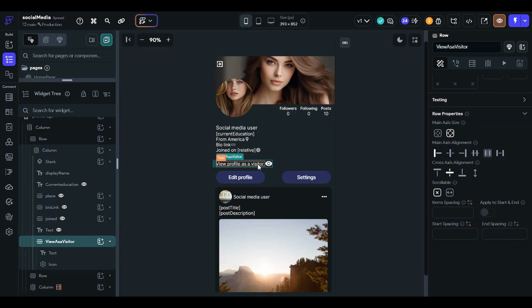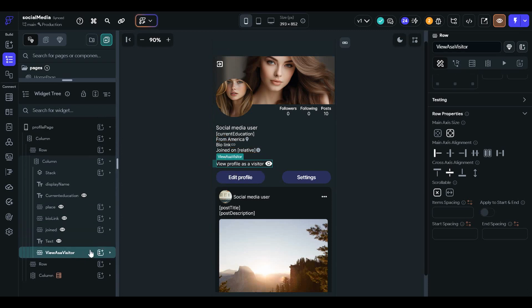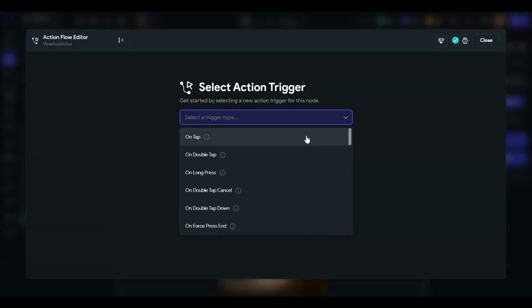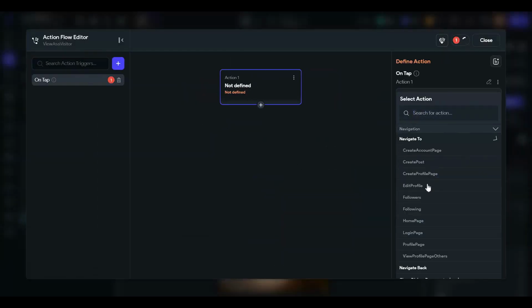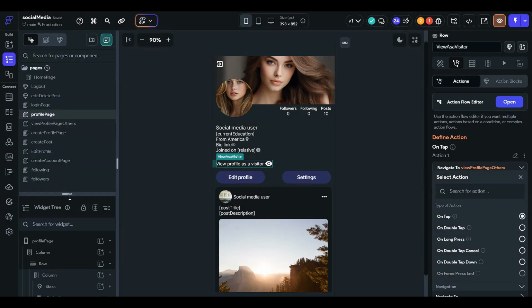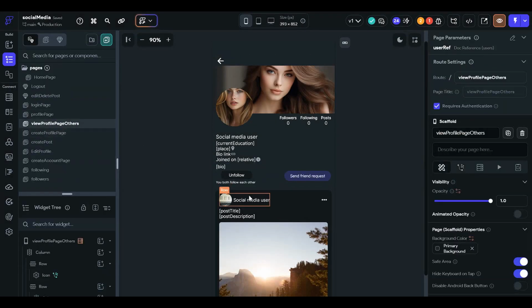If you want to shift this view profile as a visitor UI to this side, you can do this by wrapping it within a widget, but I will leave it like this. If you click on this view as a visitor, you will be navigated to the other user's profile page, the view profile page of others, which has all the things